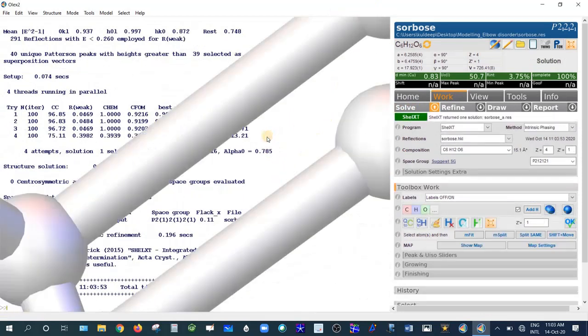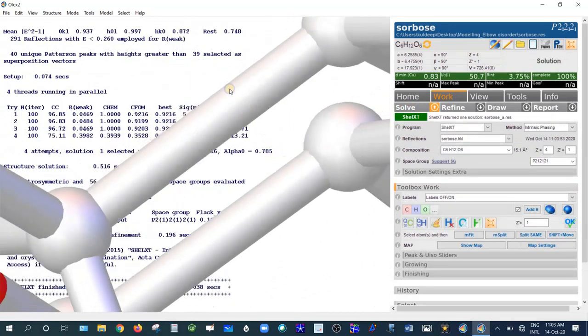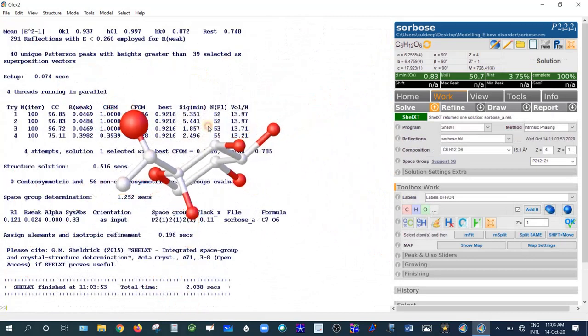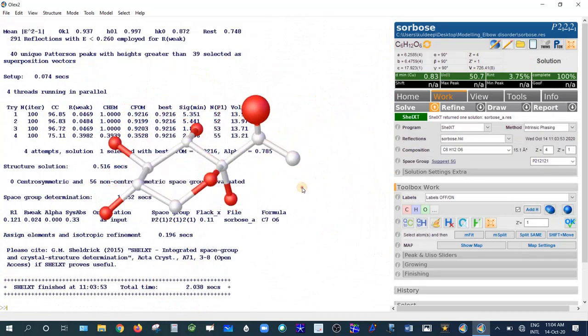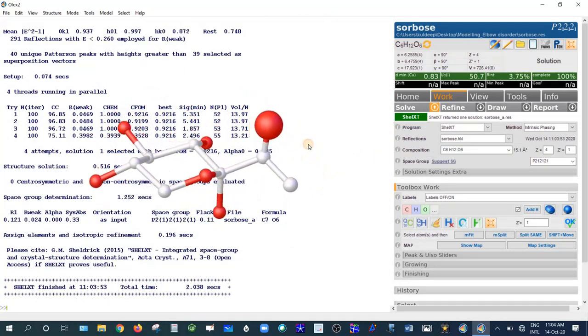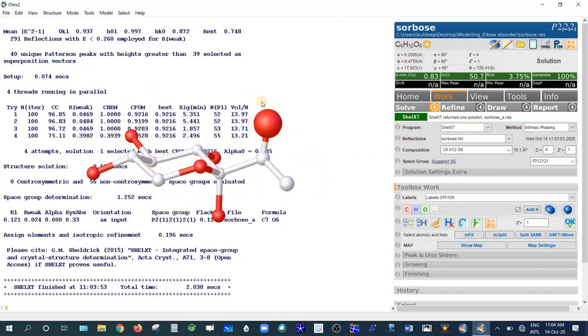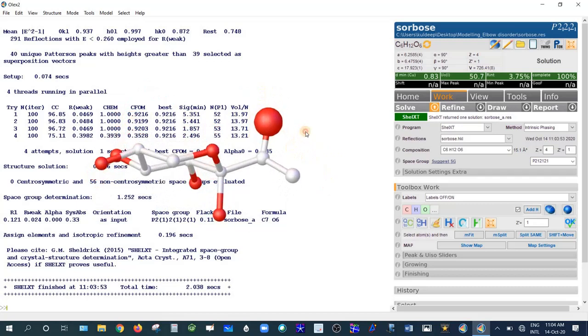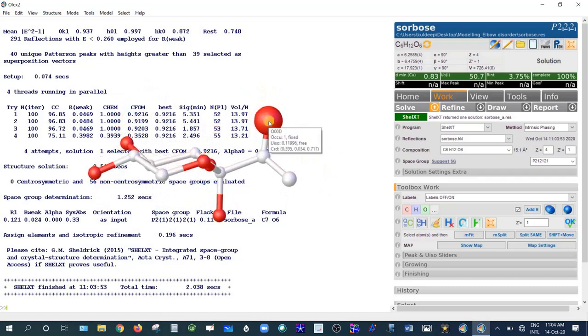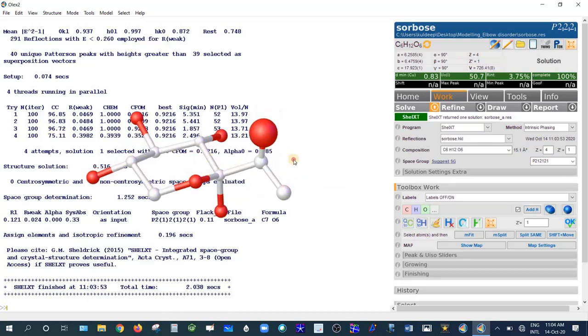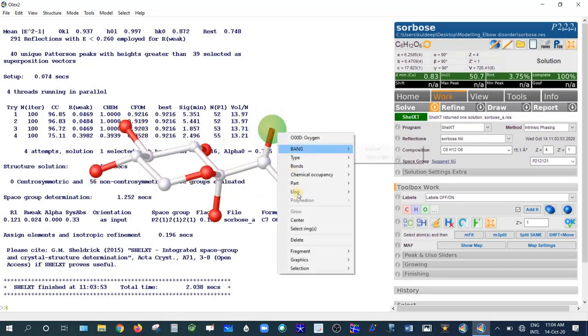Now you can zoom in or zoom out according to your convenience. I think it is visible now. So the molecule seems to be good, except this atom. The thermal parameter is quite high for this atom. It is 0.11. If you compare with this carbon, it is 0.03. This carbon 0.033. This carbon 0.02. So first of all, delete this atom.